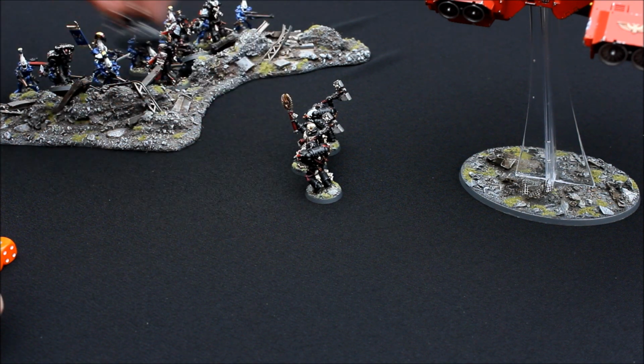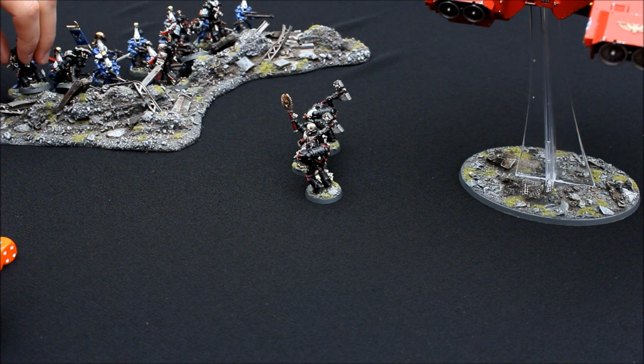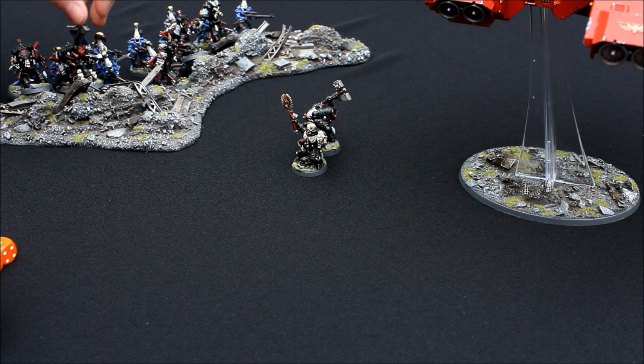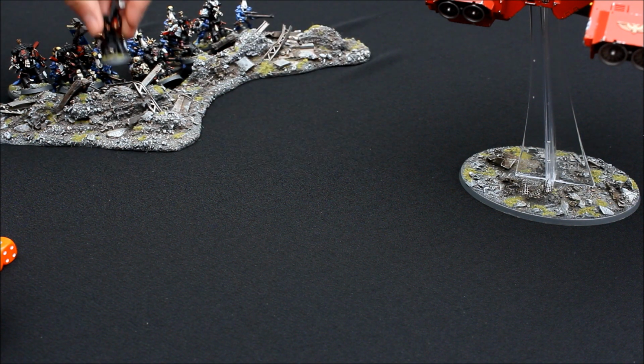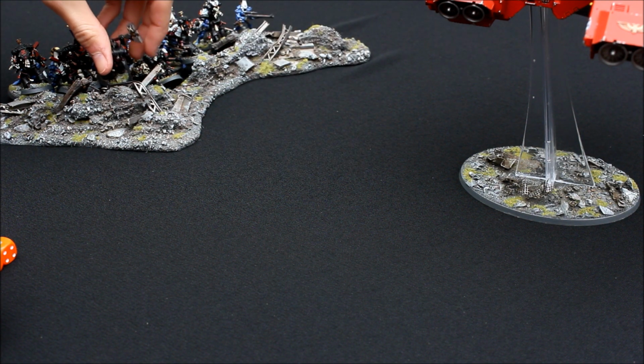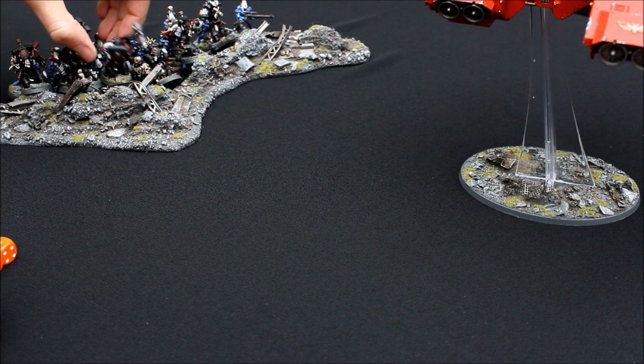Make sure you get them all in base contact, and that way when you do take casualties you can choose any one of those to be removed, and again you can then protect your better stuff. So just put the Reclusiarch in there. Now I'm going to show you just the